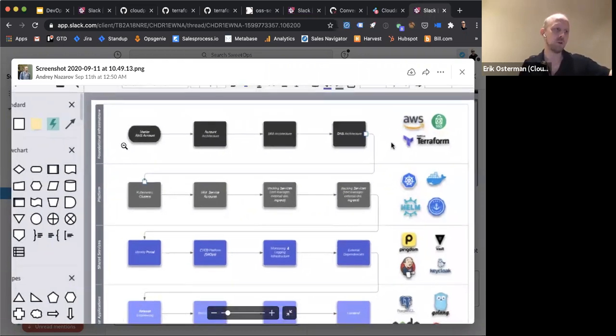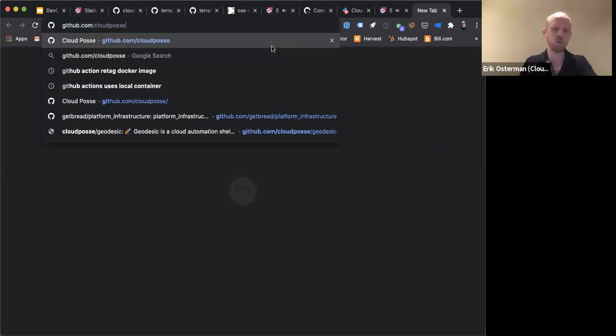But for the foundational infrastructure, this is really the question that Matt is asking: how do you do this the right way? How do you start with one root level account, like your primary AWS account? Amazon calls them your master account. And then how do you create all your sub accounts, which are called member accounts in AWS parlance? And then how do you do the terraforming of that?